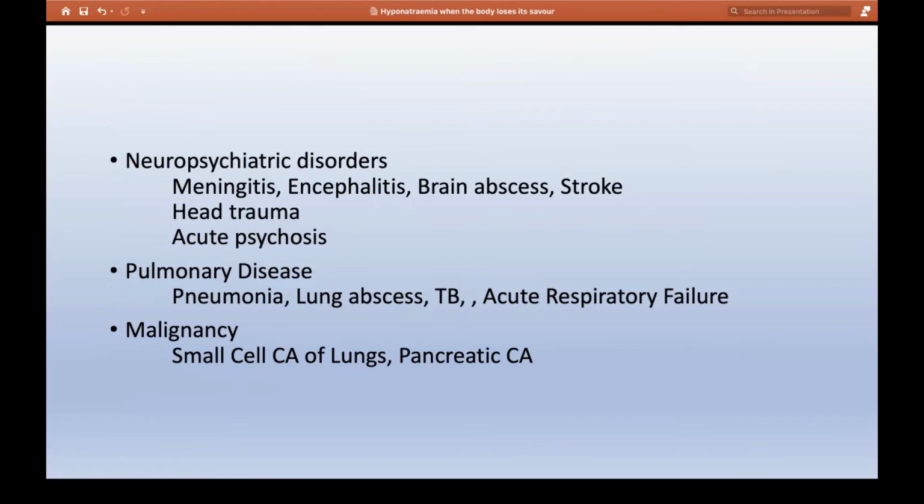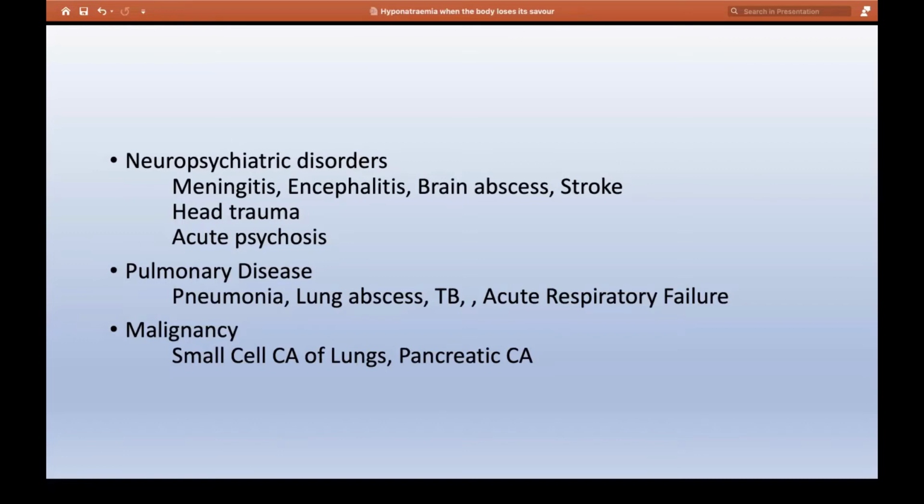Or it could be because of a cerebrovascular accident, a stroke where there is swelling of the brain, head trauma, or even acute psychosis, for non-metabolic reasons. So they can give rise to